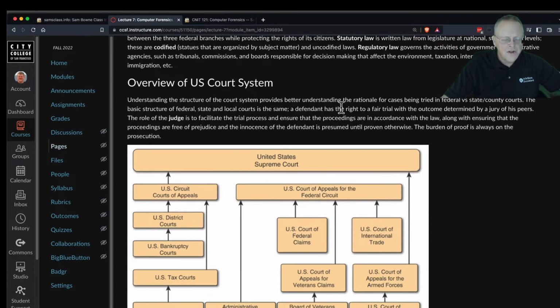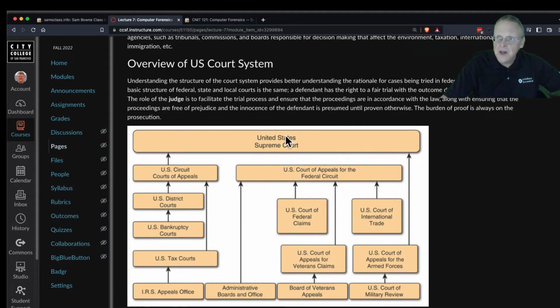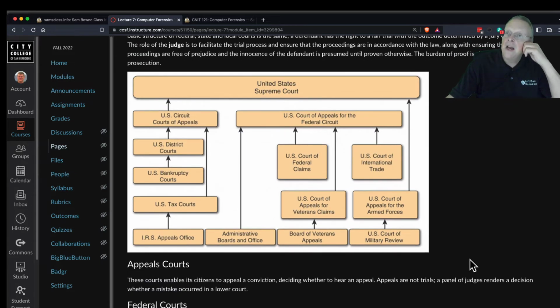So you got the court system, and as we all know, the Supreme Court at the top, and at the bottom, many other courts. And this, by the way, is also big in the news right now because of Eileen Cannon. The FBI seized Trump's boxes of documents from Mar-a-Lago, saying that those boxes contained government records that were not his property and that he had no right to have. And he